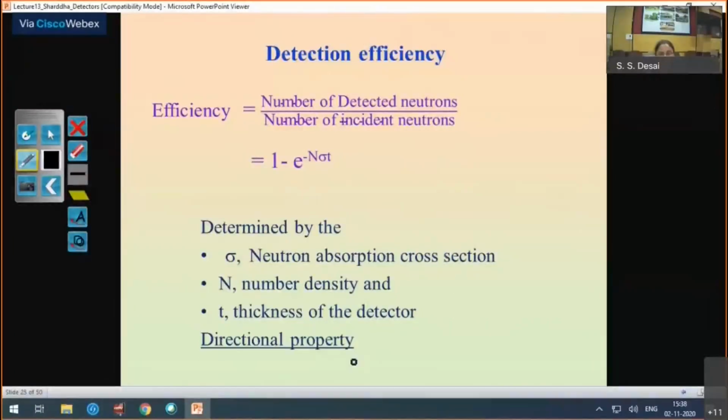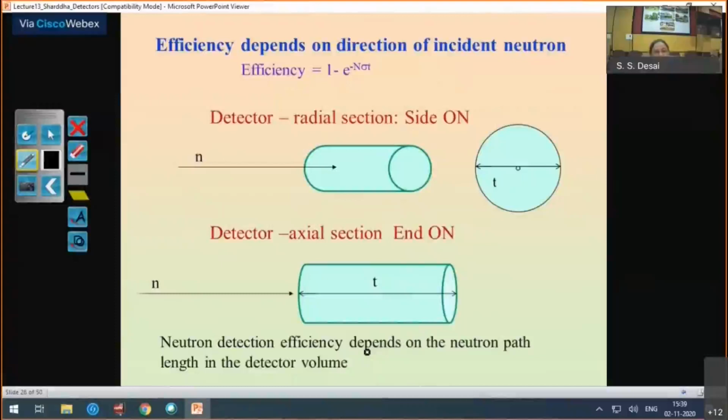So for each detector, sensitivity and efficiency are very different, and both are important. They are considered based on how we are going to use the detector. If it is used for area monitoring, yes, sensitivity is important. But for neutron scattering applications, when we have a neutron beam with neutrons coming from a particular direction, in that case efficiency is more of a consideration.